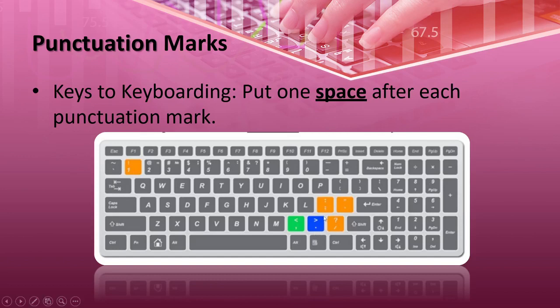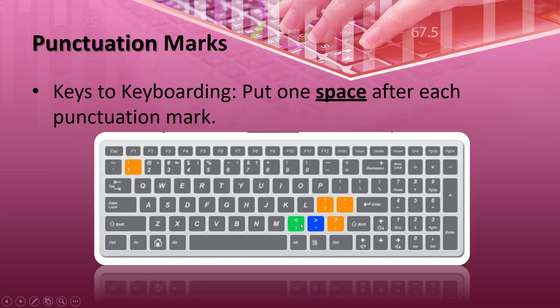Now you can see here the greater than sign, and this is the full stop. You can see here the full stop and the greater than sign. Which color do these keys indicate? The blue color. The blue color means which finger? The ring finger. So we have to put the ring finger on this key, but which hand? The right hand, because this key is on the right side of the keyboard.